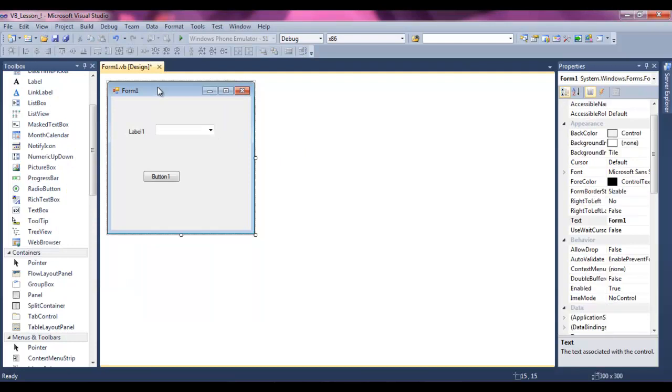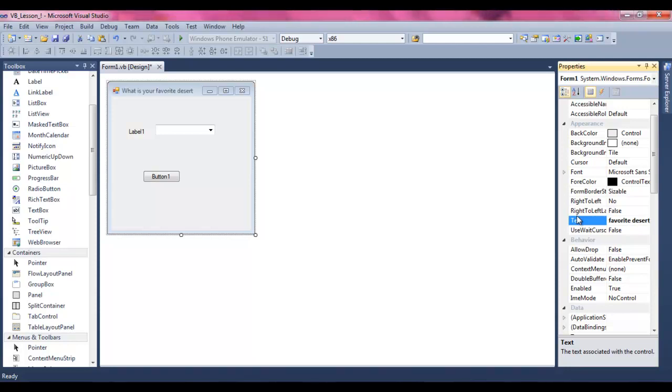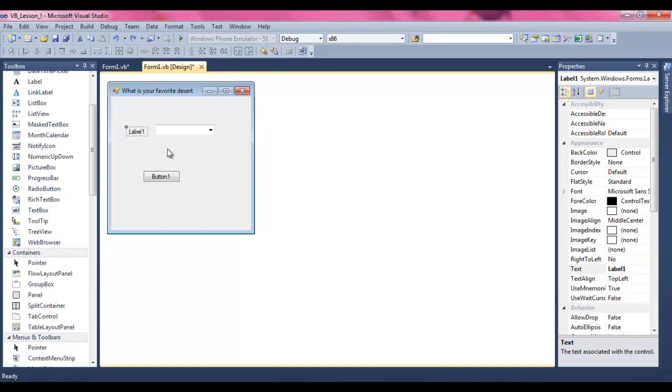Anyway, click on your form. We're going to change the title to "What is your favorite dessert?" and hit enter. Take this label, move it up a little bit, and then let's change the title of the label to be "Select:"